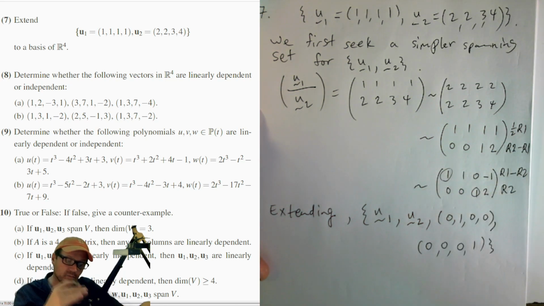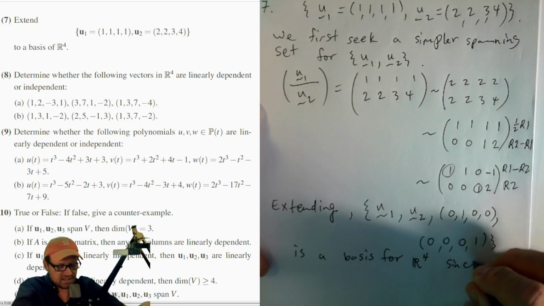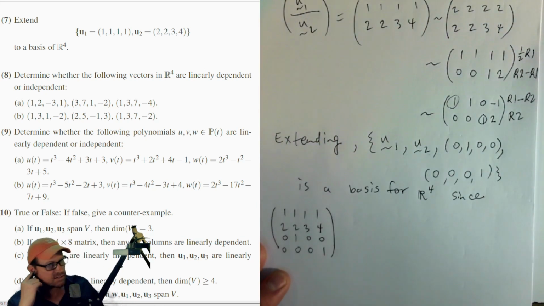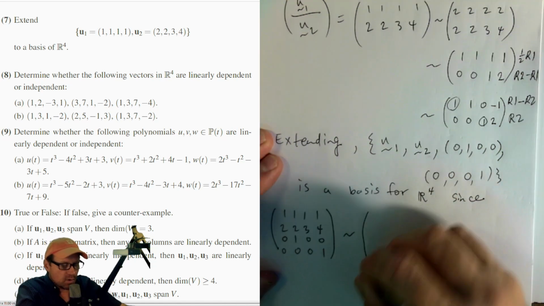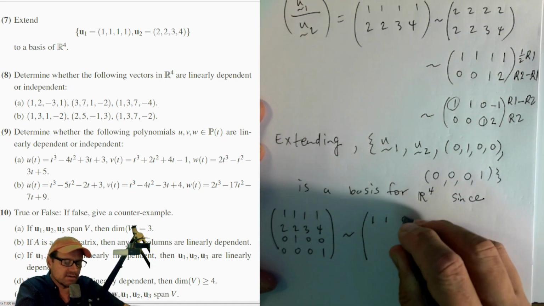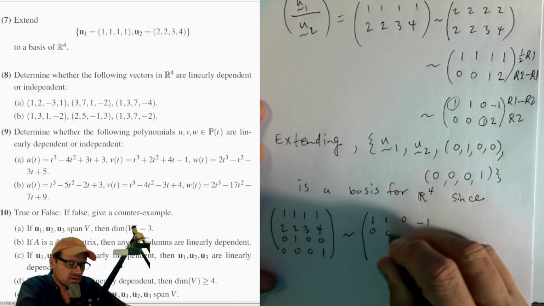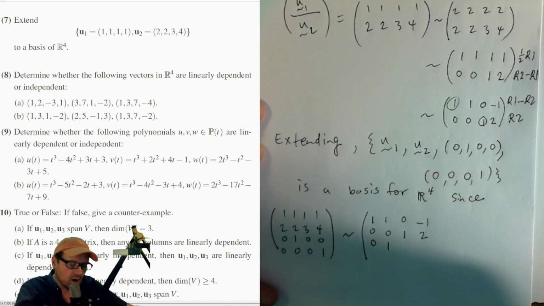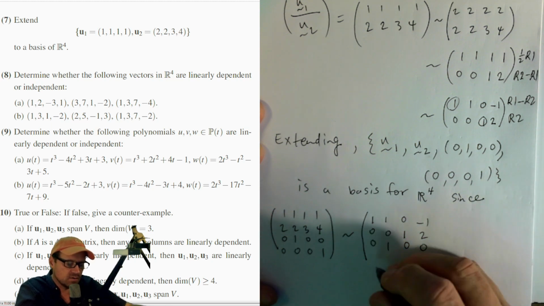Now this should be a basis for R4, since when I put these into rows of a matrix and row reduce this, what we get is 1, 1, 0, minus 1, 0, 0, 1, 2, 0, 1, 0, 0,